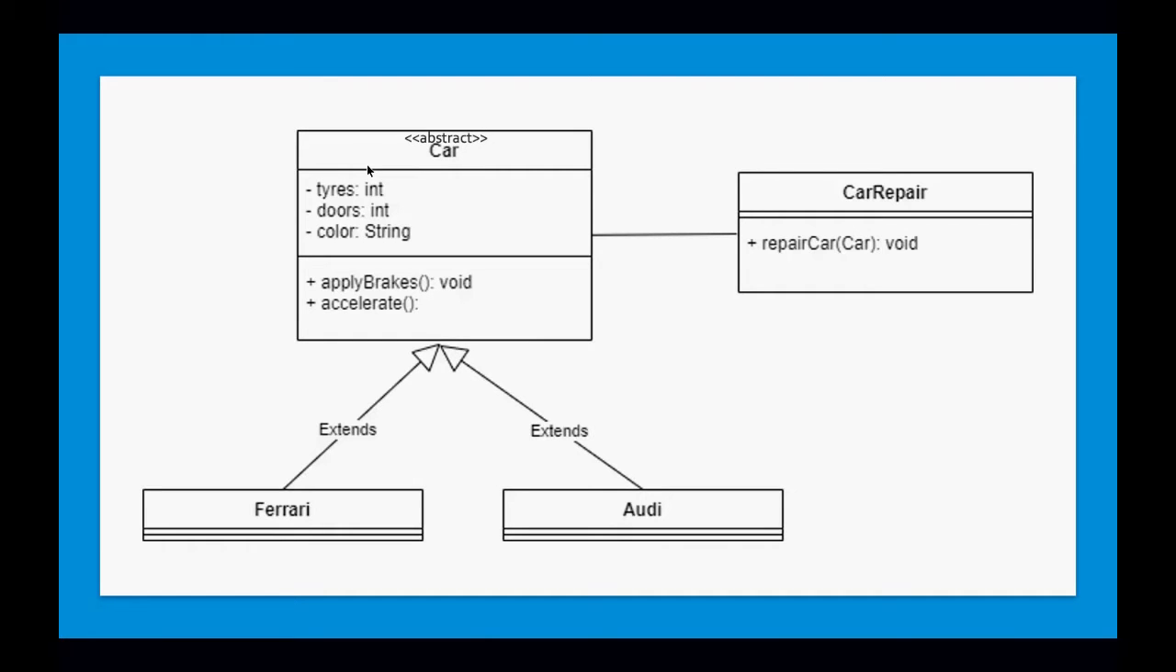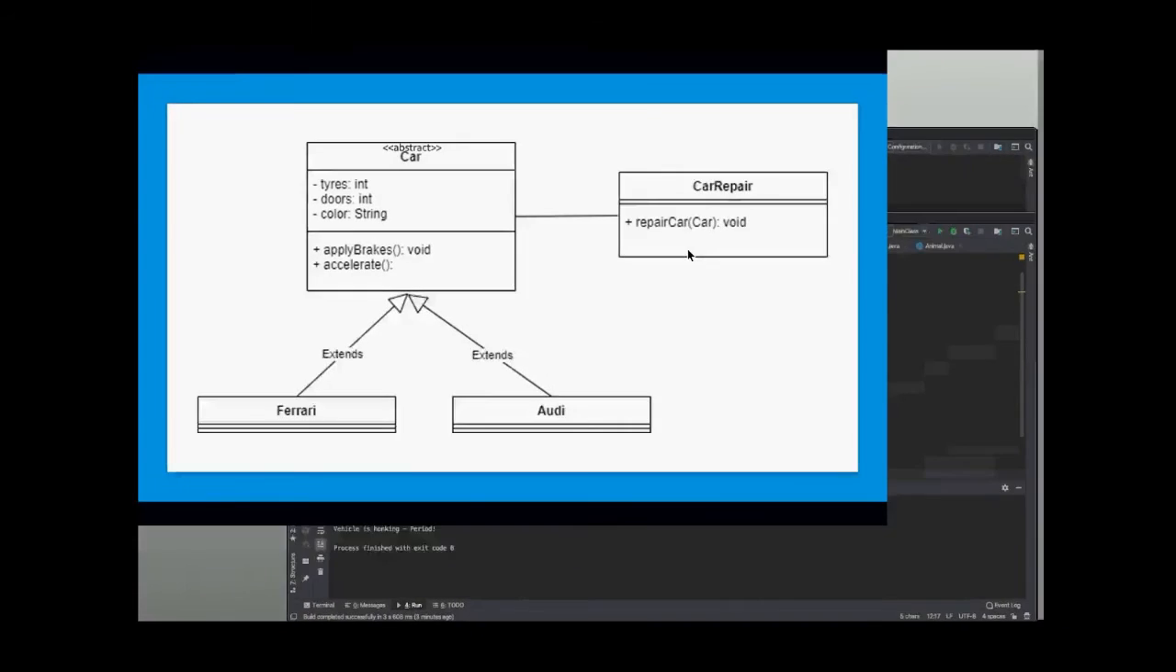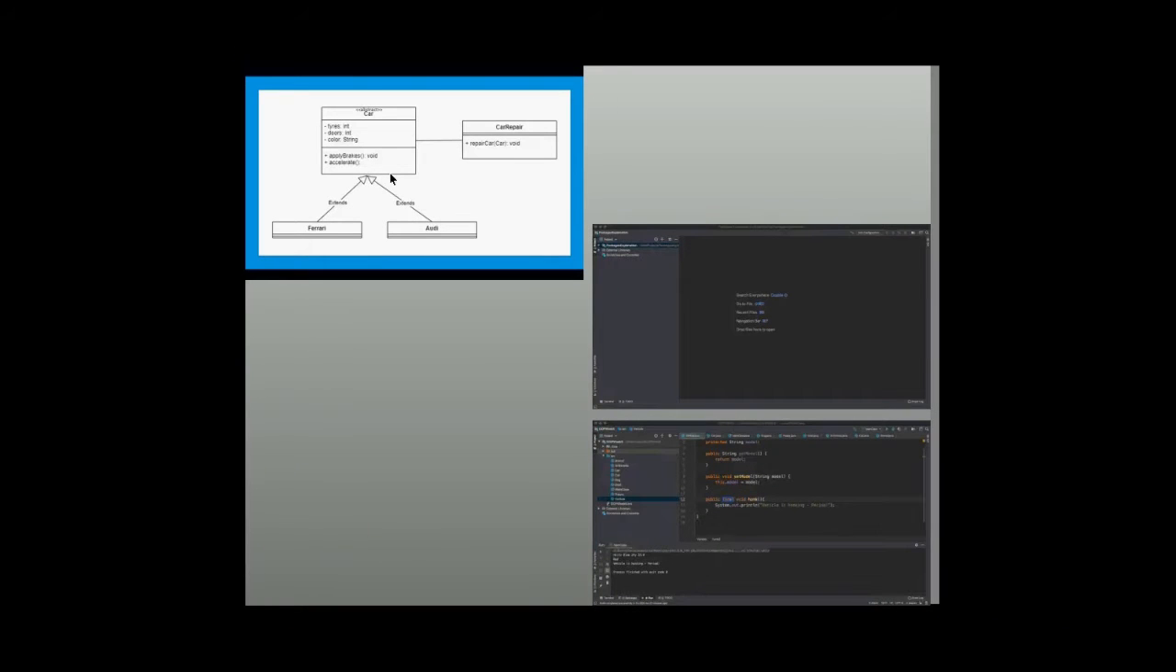So we've got an example of abstraction here. This is a car which has 3 fields and 2 methods, and 2 subclasses, Ferrari and Audi, and there's also a class called car repair. And we'll just do an example of this right now. So we'll go to our code,